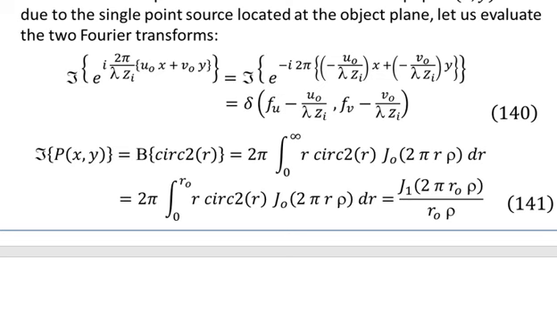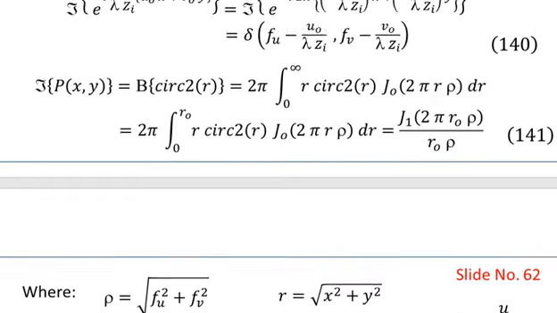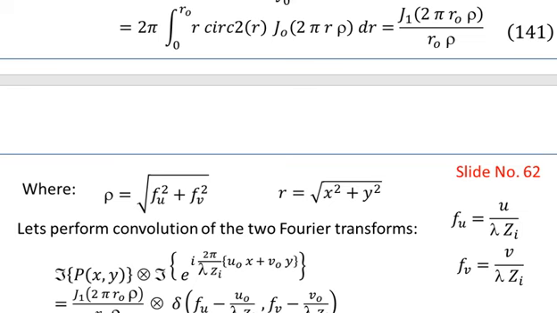So we have done the Fourier transform of the pupil function in equation number 141 and the exponent function in equation number 140. So let's do the convolution of these two quantities. We can also introduce rho. You see that rho is related with the Fourier frequencies in the Fourier plane. So rho is a parameter in the Fourier plane, and you know that it is related with the coordinate system, which is symmetric with respect to the origin. So rho is equal to